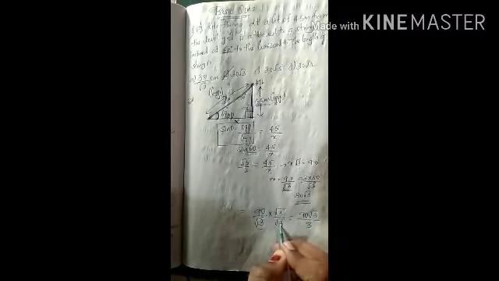Whenever we have root 3 in the denominator, we should remove it from the denominator. How I am doing it, you see. 90 by root 3 is there, no? This root 3 again you multiply and divide, at the numerator and denominator. What will happen? 90 into root 3 is 90 root 3, by root 3 into root 3, which, you know, is 3. Root 3 into root 3 is 3. Now cancel: 3 ones are 3, 3 thirties are 90. So I wrote this 30 root 3. I have sent the denominator root 3 above. This is our answer. What is this x? The length of the string. Now we have found the length of the string.